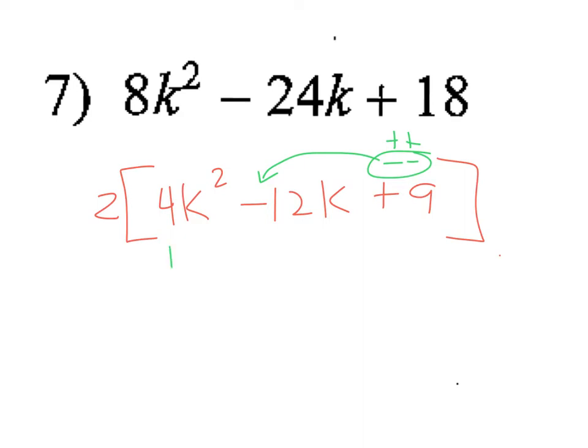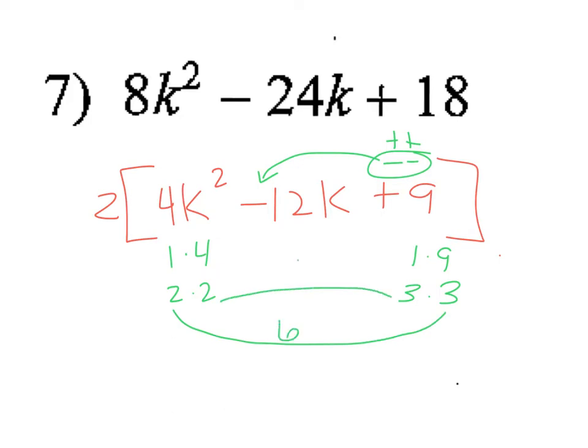I got to make my list. 1 times 4, 2 times 2, 1 times 9, and 3 times 3. Okay? Now you'll go through some options here, and I'm going to focus in right here. The 2 times 3 is 6. And if I make them both negative, that's going to give me the negative 12, which is perfect because it